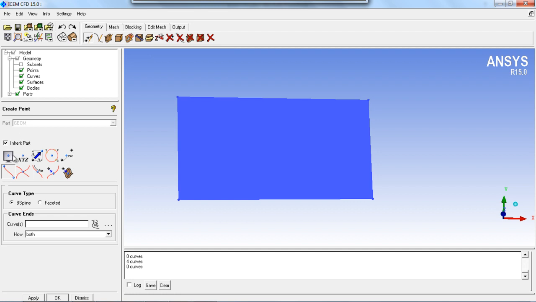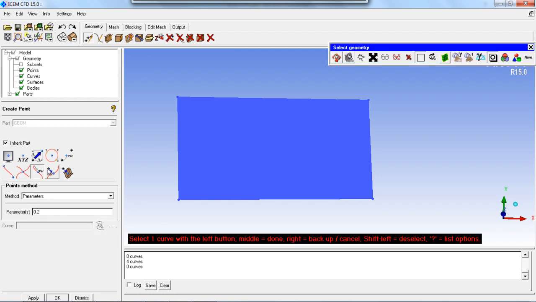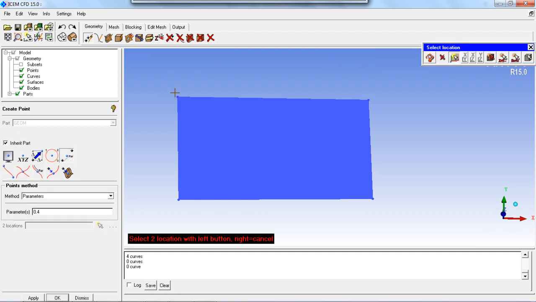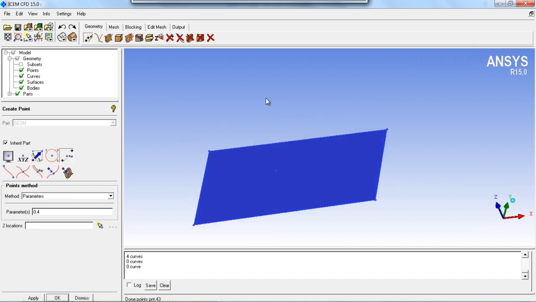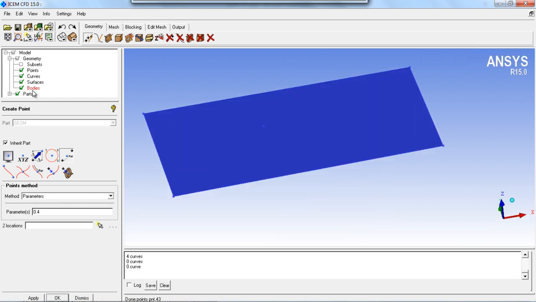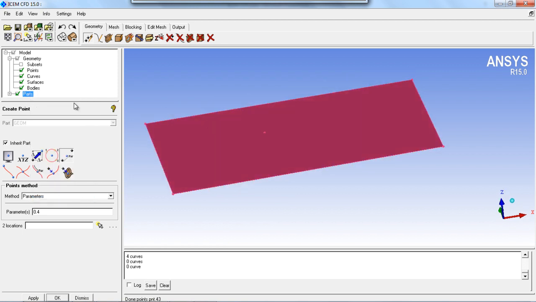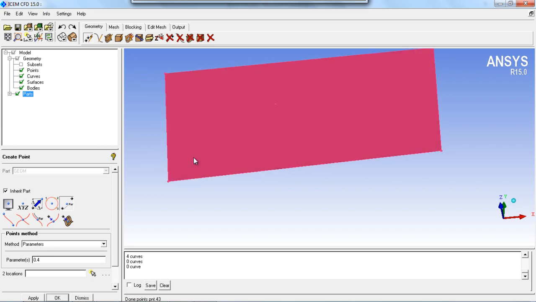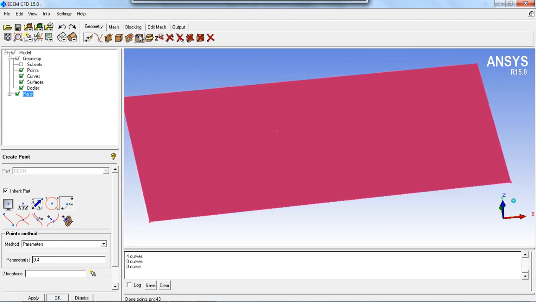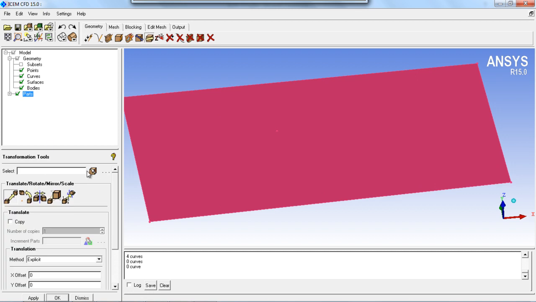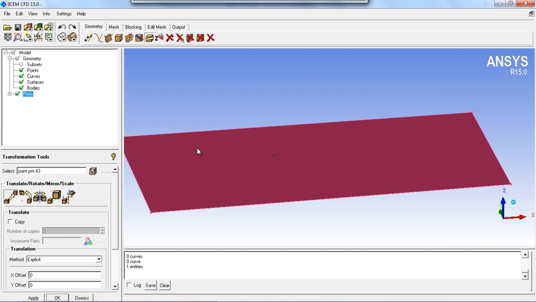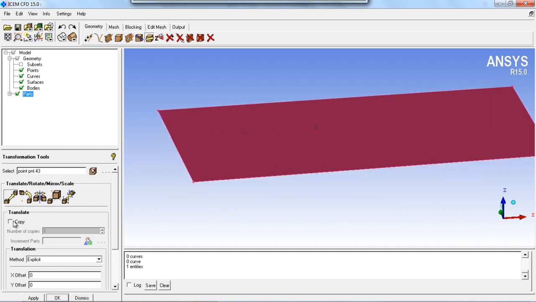I am going to create the point at the center of the 2 diagonal points. I can change the body colors. And I am going to transform this point by some location in the right direction.